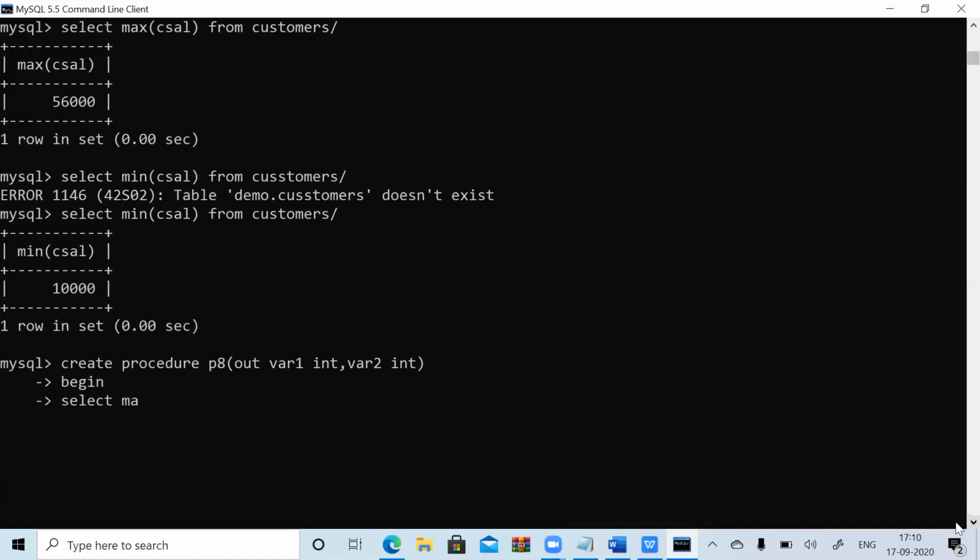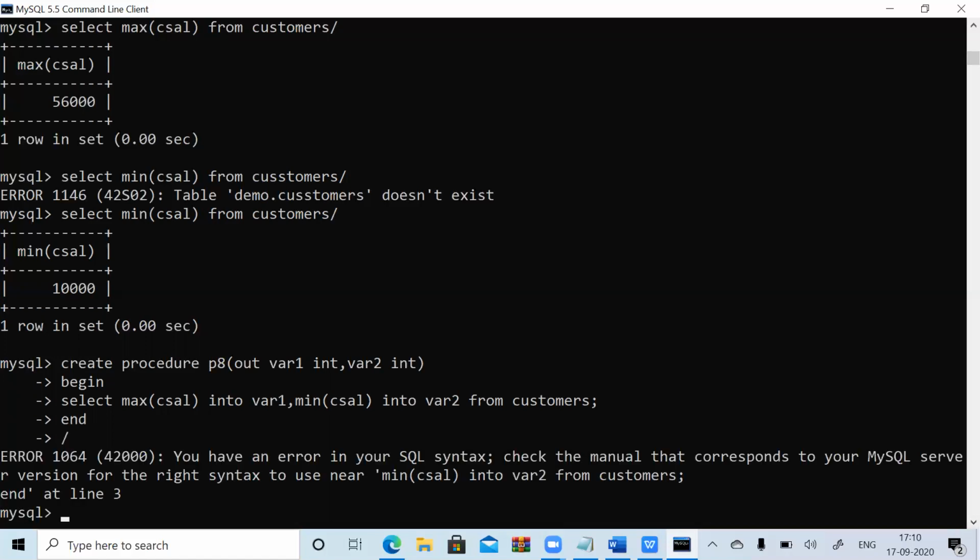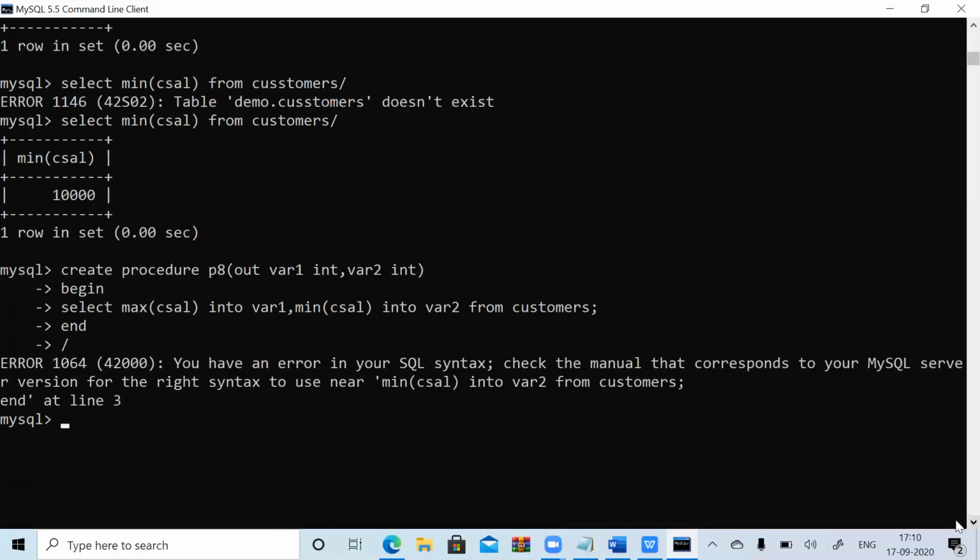Max of C salary into your output variable called variable one, as well as min of CSAL into variable two from customers, semicolon, end, slash. So this is not the correct way. Can we do it like this for output?